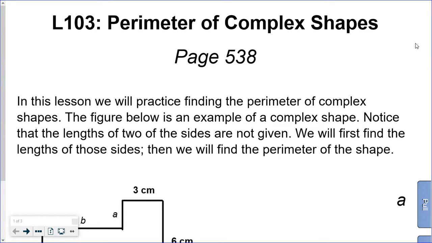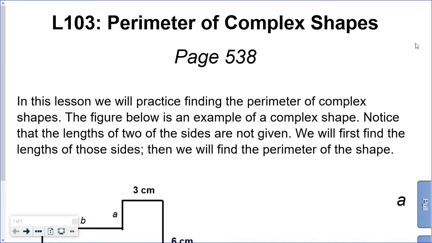Today we're going to take a look at lesson 103. It is dealing with perimeter of complex shapes. And our lesson for today is going to begin on page 538. As it mentions on the screen here, it says, in this lesson, we are going to practice finding the perimeter